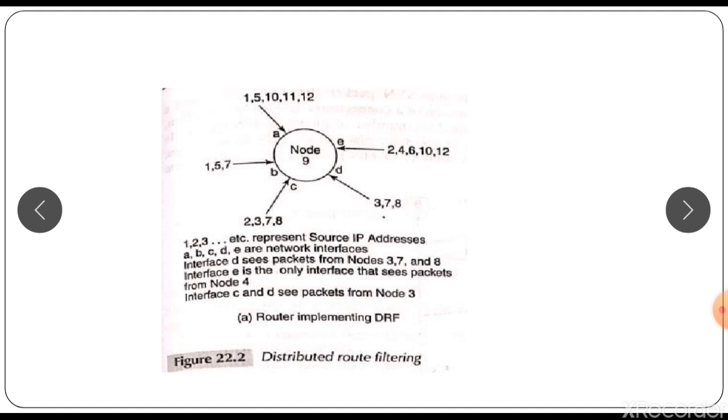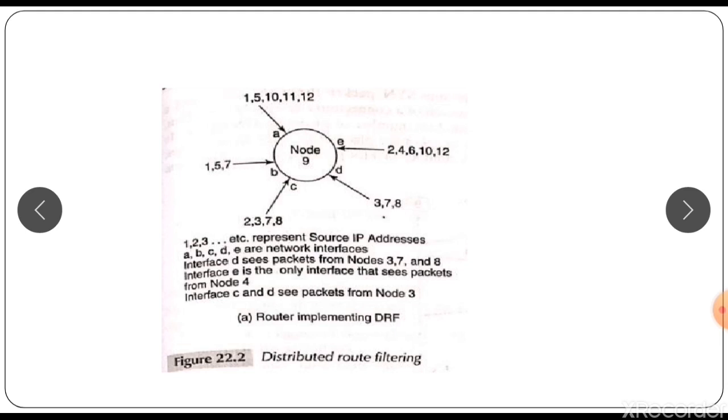The packets from the same source may enter the router through different interfaces. For example, if you consider the source address as 7, it may arrive from the interfaces B, C, or it can come through D. So two packets arriving from source address 7 via the same interface can have different destinations. Also, two packets bearing the same source and destination pair may arrive on two different interfaces if there exist multiple shortest paths between the source and the destination.